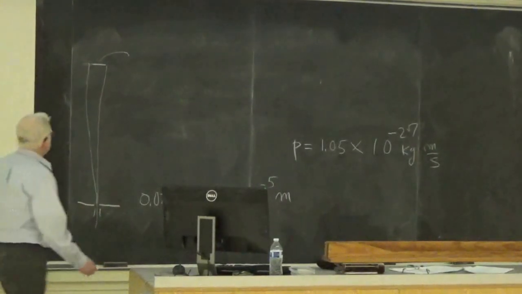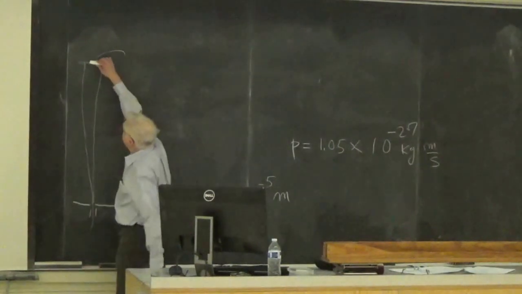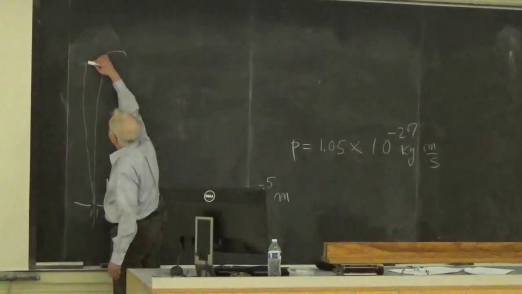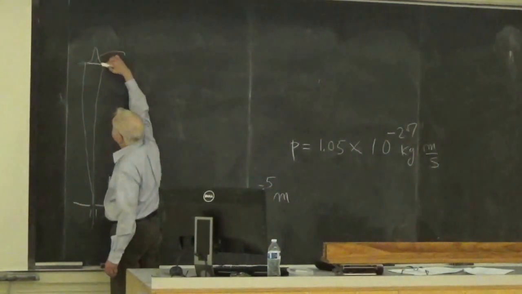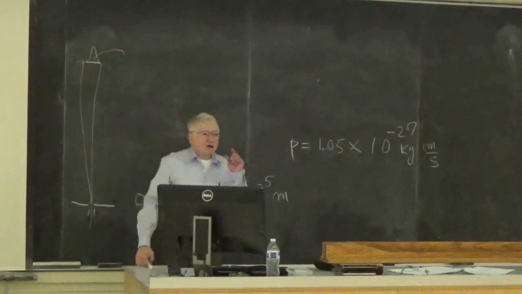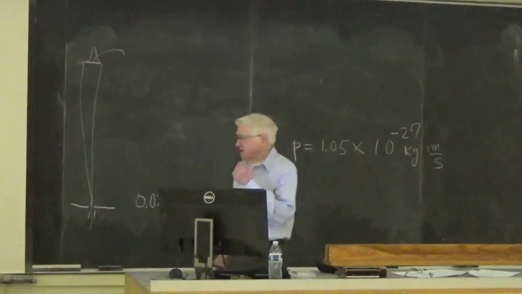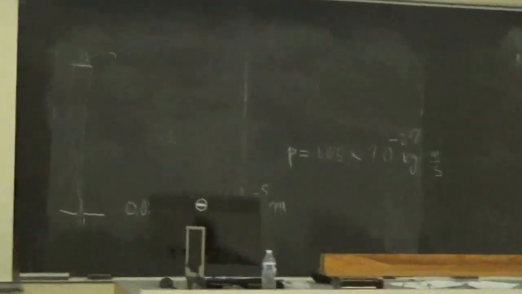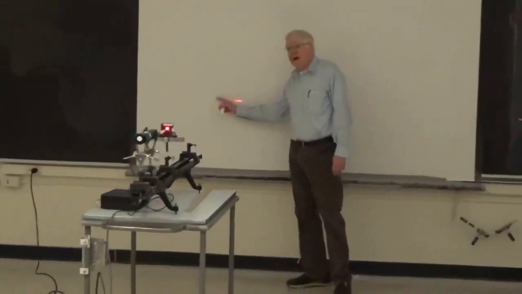Depends on how you count. And the reason this is a little bit tricky to estimate is that the intensity looks like that. That is to say, more of the photons go to the center here than off to the side. And then there are some that get really scattered some distance away. And so it's hard to say what this width is, but